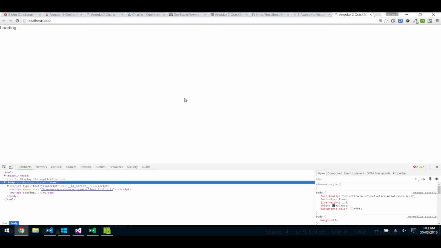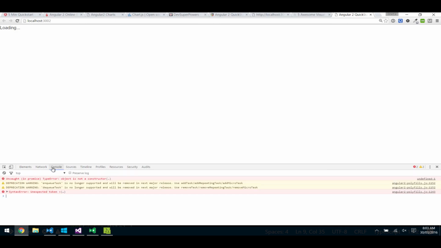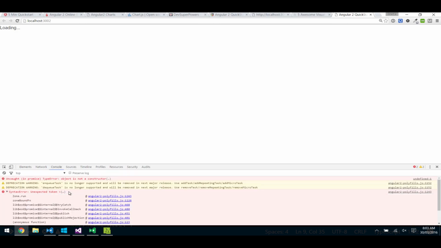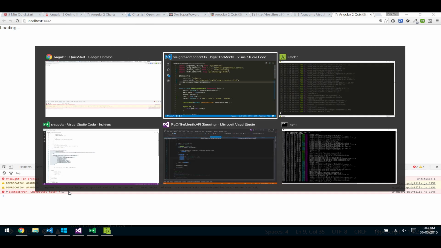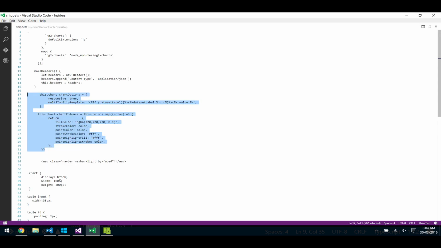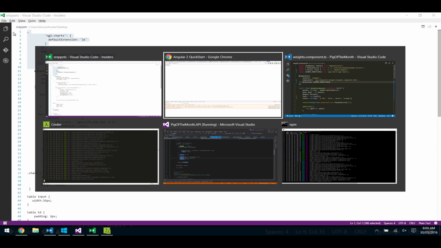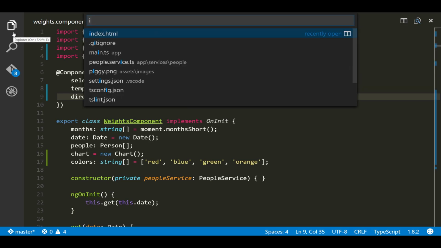Okay, so now when I come back and we go to our console, we're getting this unexpected token. So I know this error as well as coming from the ng2-charts library, and I have a snippet to fix it, and I'm going to talk you through it. So one of the problems is the library is here. If we come over to our index page,